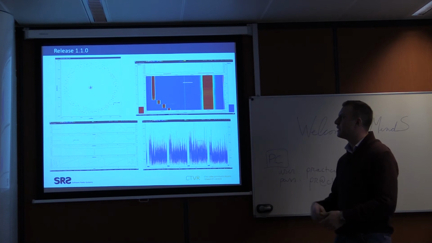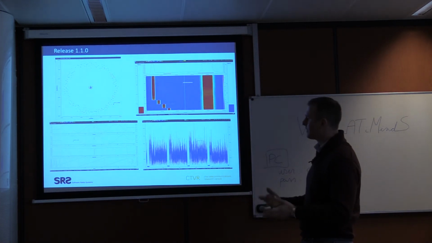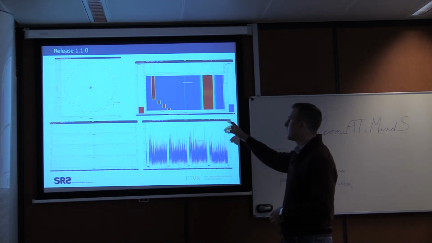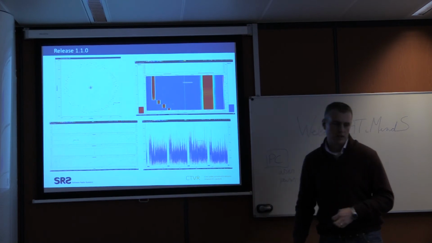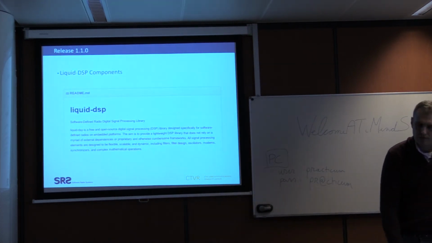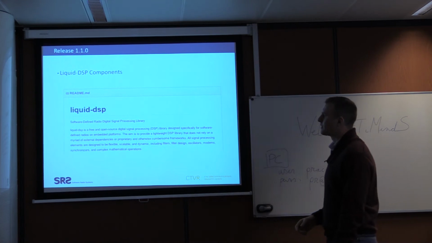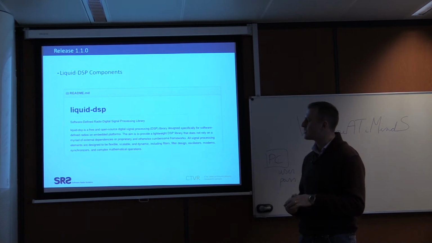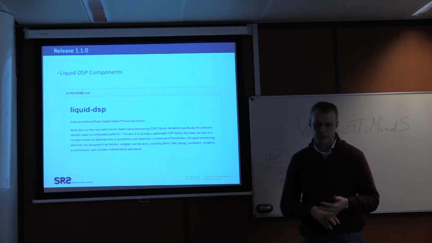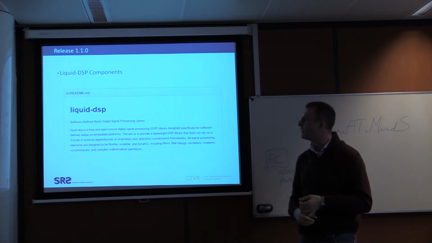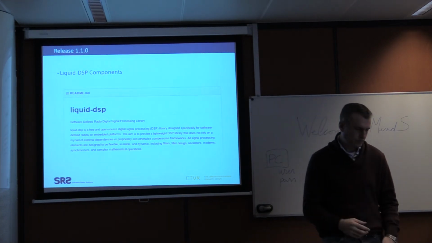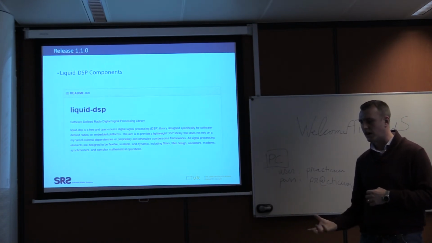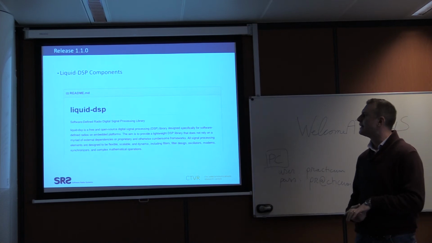So this month we released version 1.1. With that release came a lot of graphical interfaces. So we have scatter plots, complex plots, real plots, waterfall displays, and so on. We started building in support for liquid DSP. So some of you may have come across this before. It's a software-defined radio digital signal processing library put together by Joe Gator in the US. It's quite powerful. It's released under GPL. So we started building on some of those components, and we now have polyphase channelizers, polyphase synthesizers built in,